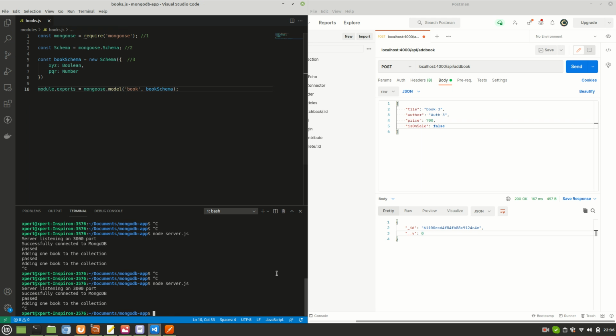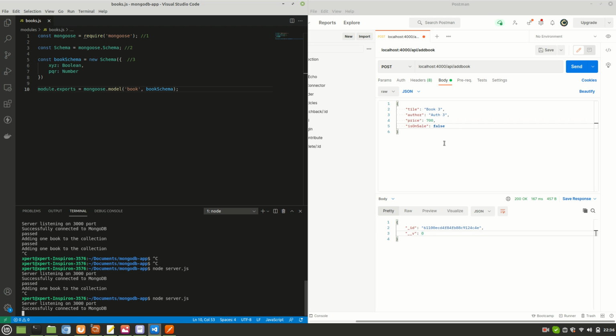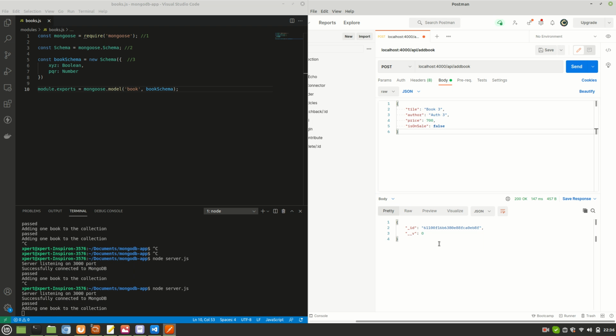Save the code and rerun the server. And from here, I'll pass the correct amount of data, I mean the correct properties with correct data. Let's press send and see what happens. So again, nothing was saved because the properties did not match the schema.